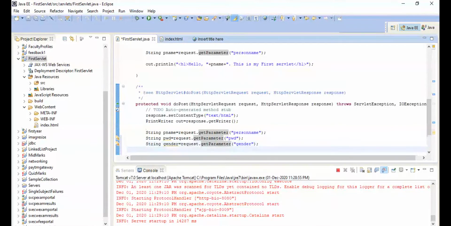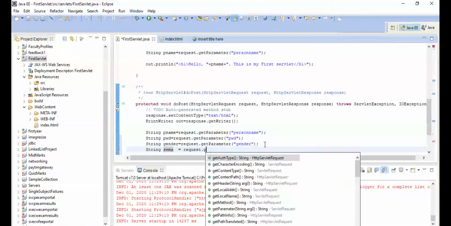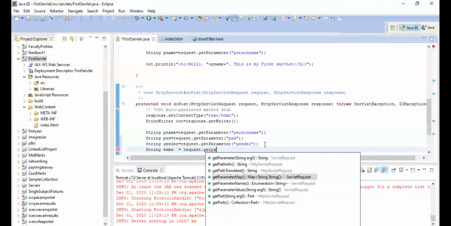Very important. We have another method in the request object to read content from the HTML control which gives multiple values. So sems equals request.getParameterValues.